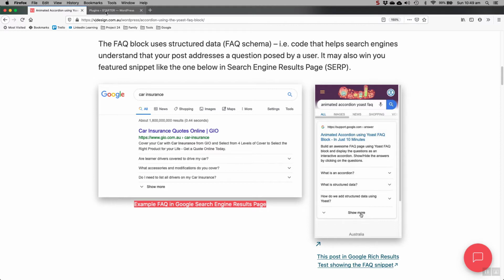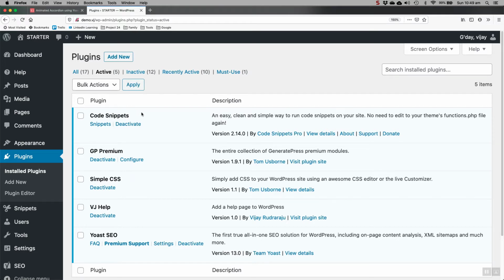I have a demo site here, where, as you can see, there are a few plugins that I have activated. Of these, we would need 3. The first and the most prominent being Yoast SEO, because this is the plugin that's going to allow us to create the frequently asked questions. It's also the number one search engine plugin on WordPress, so it's a really good solution. Even if you are not using it for this purpose, I would highly recommend that you use it for your